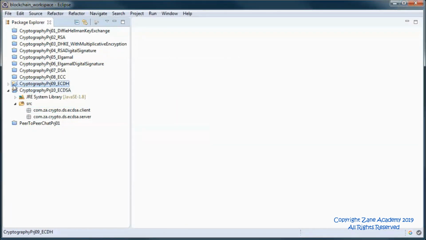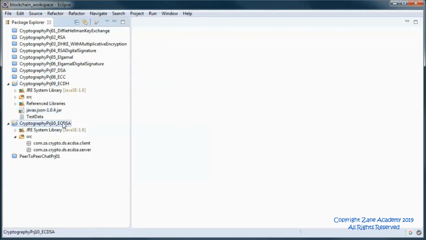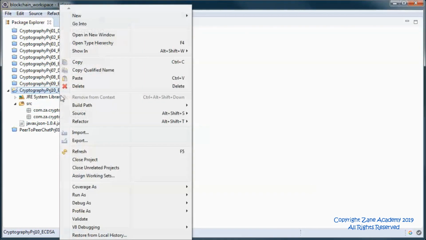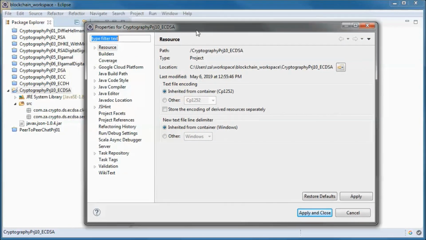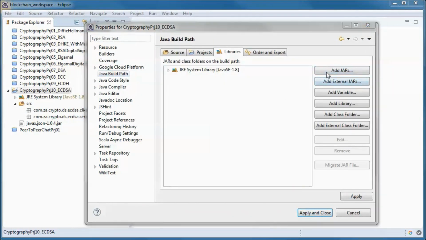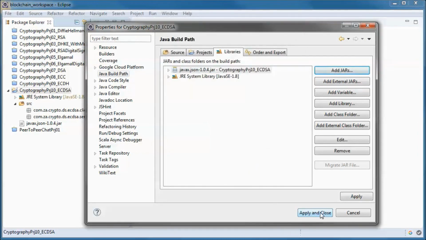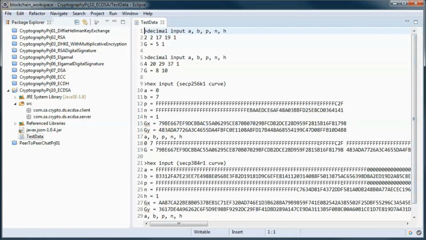And we will need to do JSON, so we'll pick up this jar from here. And go to properties and Java build path, and I put the test data that we will be using in this file.